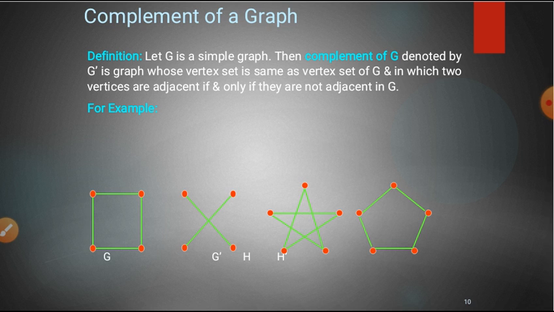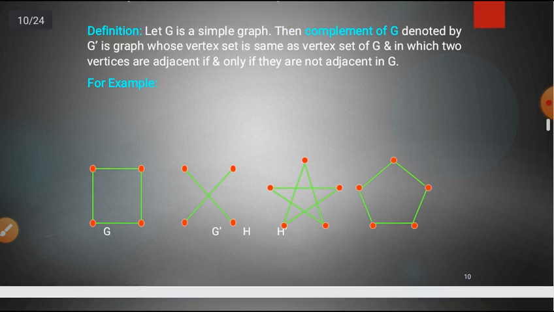With the help of the same number of vertices, that is called the complement of a graph. So see the example of G and G dash, and again H and H dash. In graph H there are 5 vertices, and with the help of that we plotted a star, but the same connection we cannot repeat in H dash. So we plotted a ring. So we are not repeating any connection or any edges in a complement of a graph.